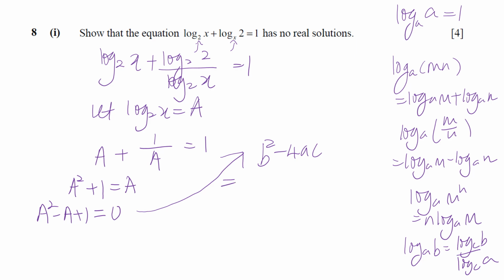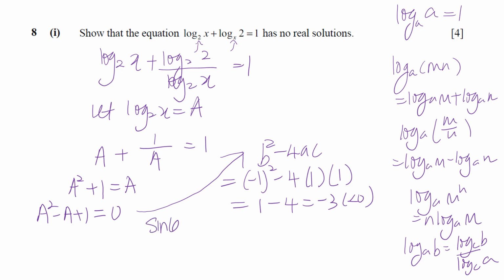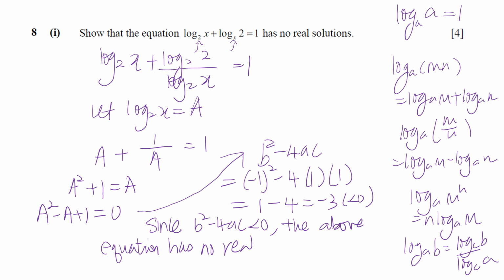B is the coefficient of a, which is negative 1, squared, minus 4. C is 1. And yeah, we get negative 3, which is less than 0. So that's explained. Since b squared minus 4ac is less than 0, the above equation has no real solutions,